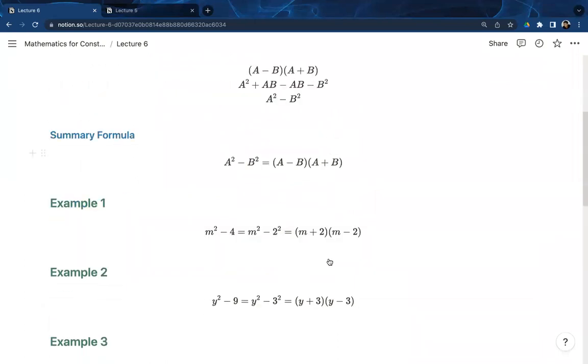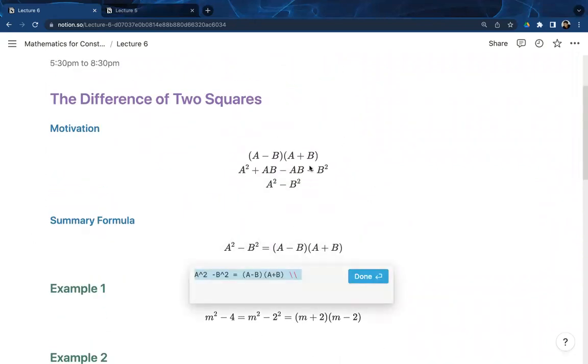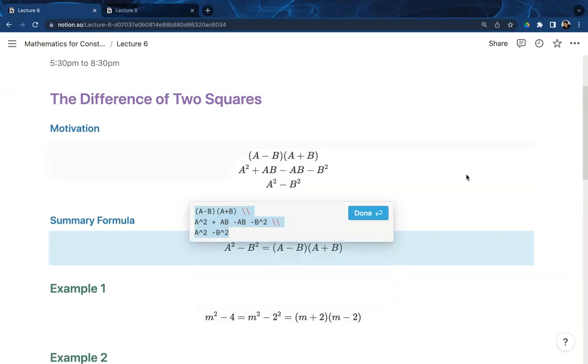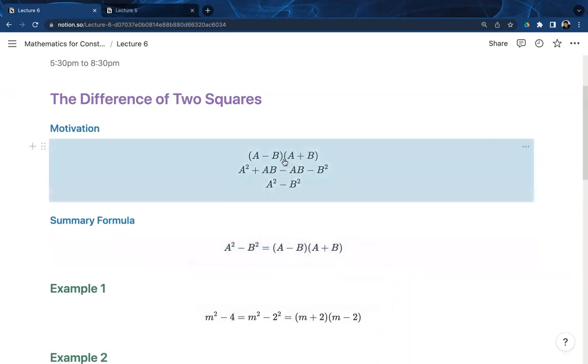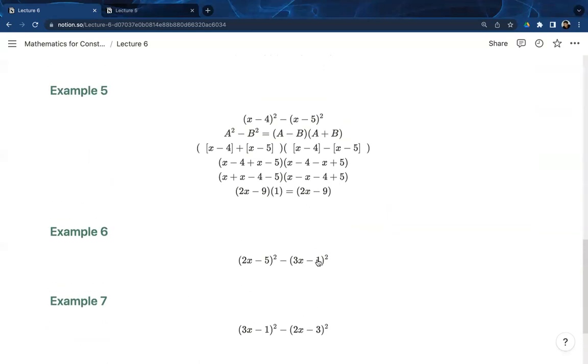And this formula is not magic. This came from expanding 2 brackets: a plus b by a minus b is this. So I just rewrite it in a reverse direction. So it's not a magical formula. It makes sense, right? So if I know what a and b are,